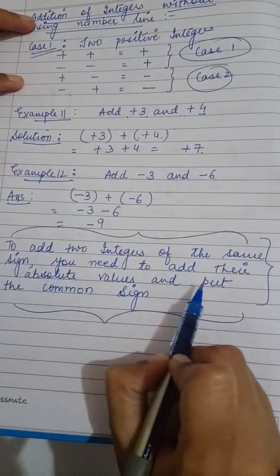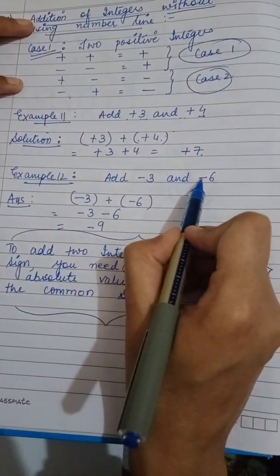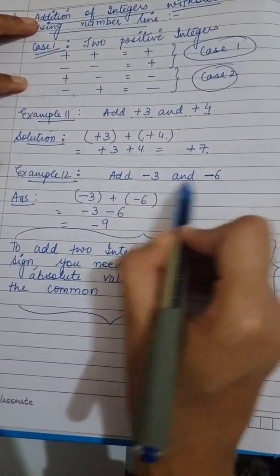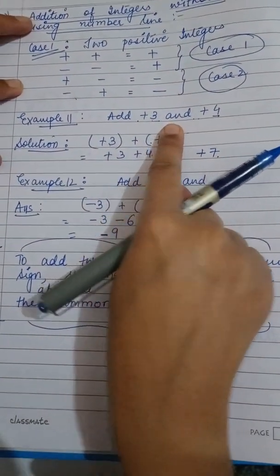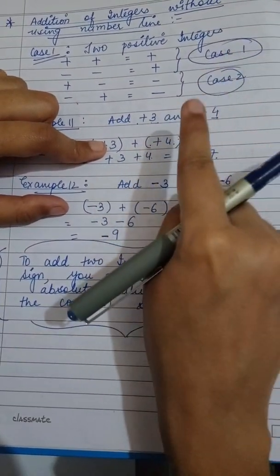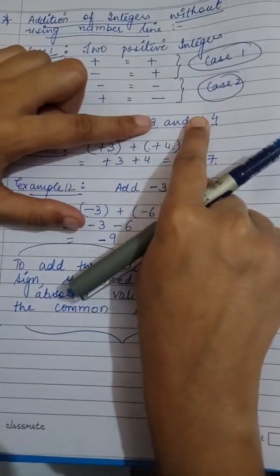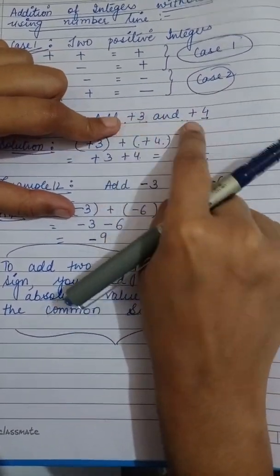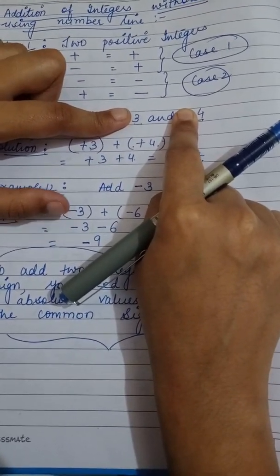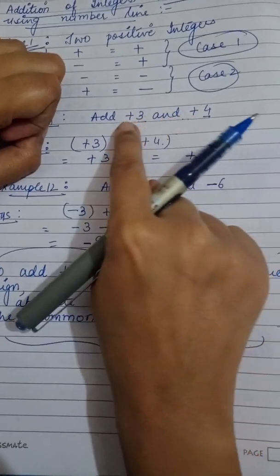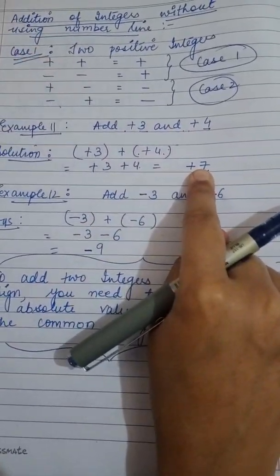Okay. And put the common sign. Now which is the common sign? Minus, minus. Which is the common sign? Minus. So I am going to place here minus. Similarly here also, if you have to add them, what you are going to do is, leave these 2 signs, because these 2 are the same sign, so I am going to leave it. Then what is 4 plus 3? 7. So I am going to place here 7. Now what is the common sign between them? Plus. So I am going to write here plus.